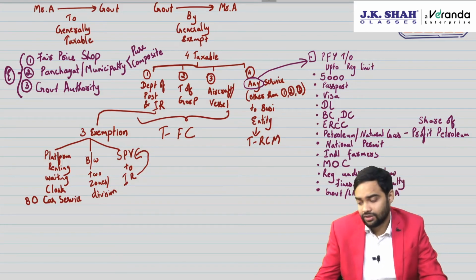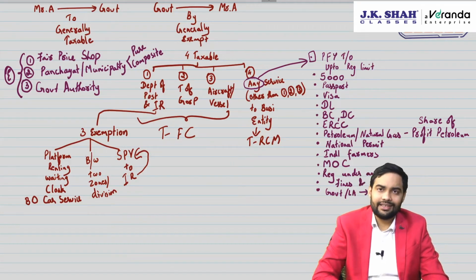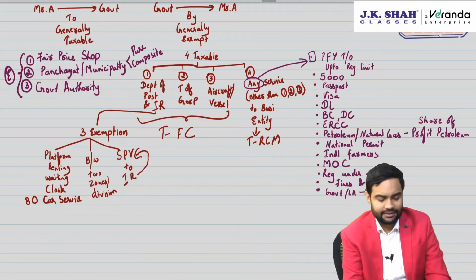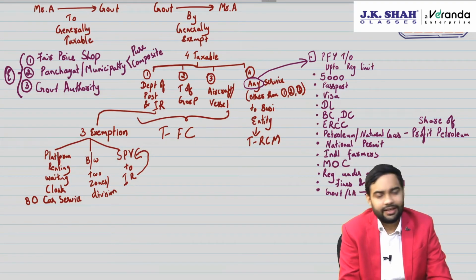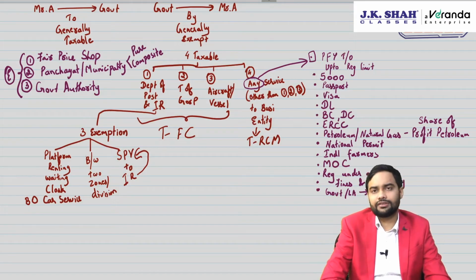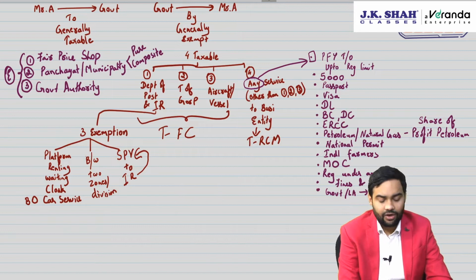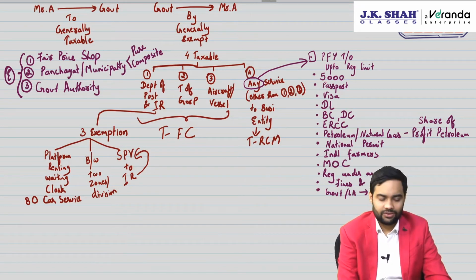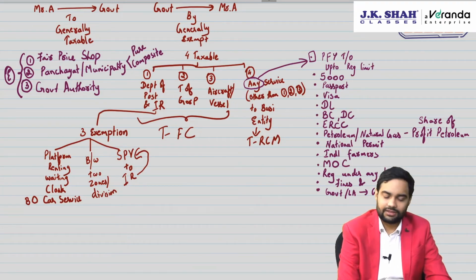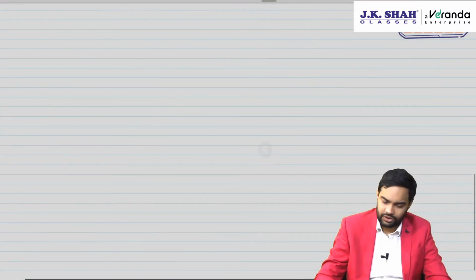In fact, CBIC has also clarified that RERA, Real Estate Regulatory Authority, taking statutory fees, it is statutory fees taken by governmental authority, and hence it will enjoy an exemption. What's the difference between local authority and government authority, sir? Government authority is set up by an act of parliament, or where 90% control is there with government. Local authority comes from the constitution, that is panchayat and municipality. So that's the basic difference between the two. So be very careful with regard to government related exemption.